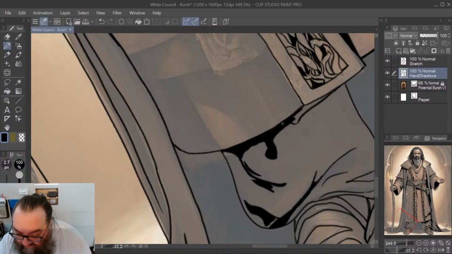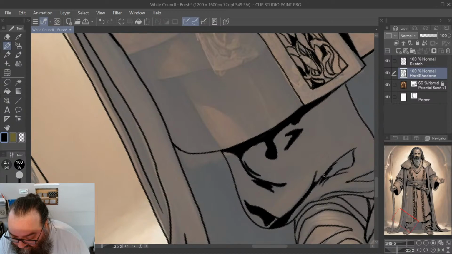I was kind of hoping to be done with all of the White Council drawings by now, but I have spent some additional time on this one, and I think that's okay. I could have spent more time on any of the drawings, and in fact, I probably will end up spending more time on all of them.